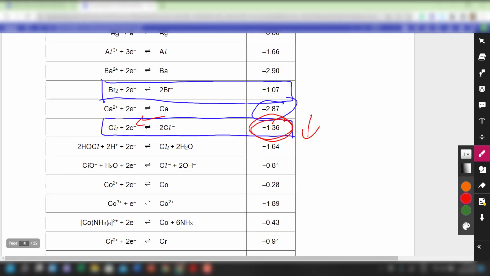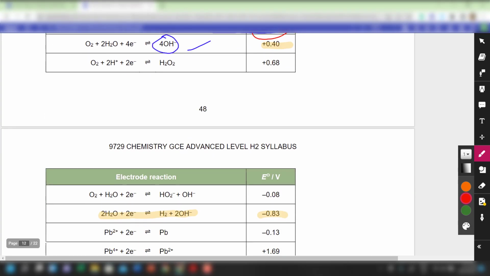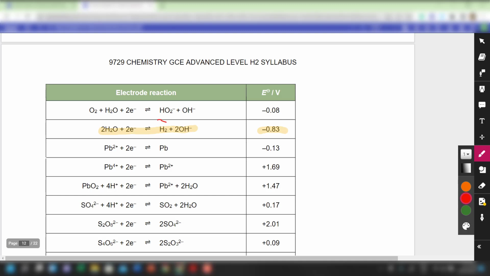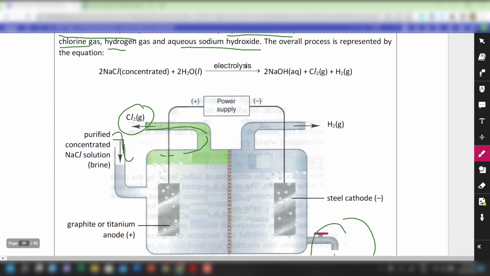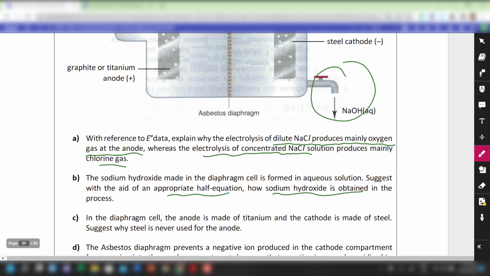However, the reduction of H2O over here actually produces hydrogen gas and OH minus. So the hydrogen gas will be found here. The OH minus, together with Na plus, will form a solution of sodium hydroxide. That can be stored and used for other purposes, or it can be sold off as an important chemical, because sodium hydroxide is a very important chemical used in almost every